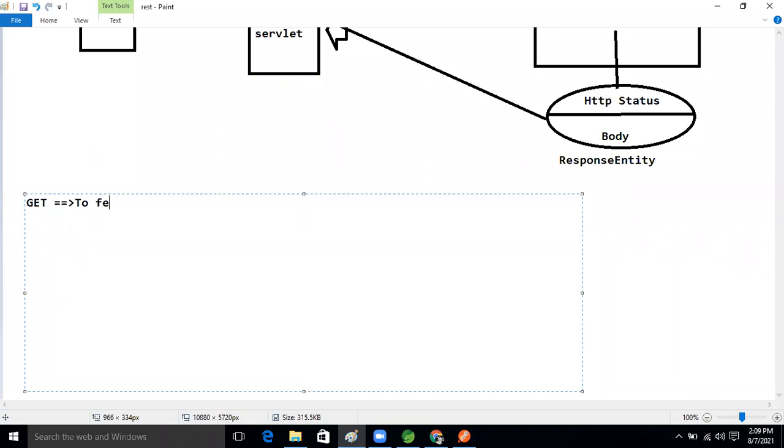To fetch a resource, which is nothing but data, guys. Resource is nothing but data only, right? From the producer. From the producer means nothing but the server, right? Server.